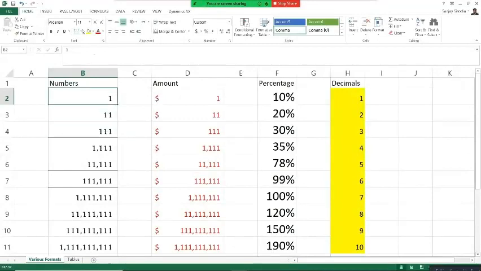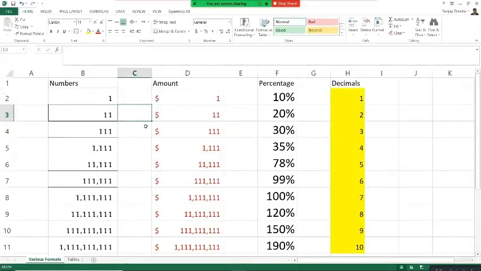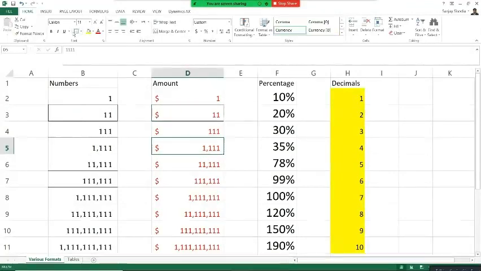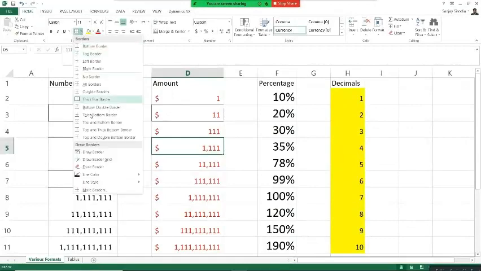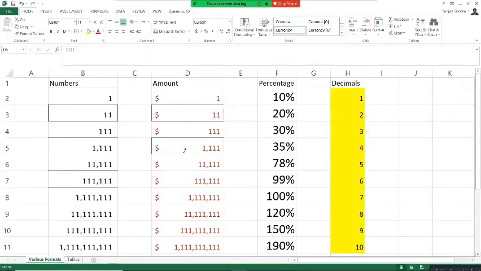If you select the top border, you can see we have a border only on the top of the cell. If you select all borders, the entire cell will have a border on all 4 sides. If you want to change the border color, go to Line Color and choose whichever color you want. So say for example, we took this and we have applied the border.